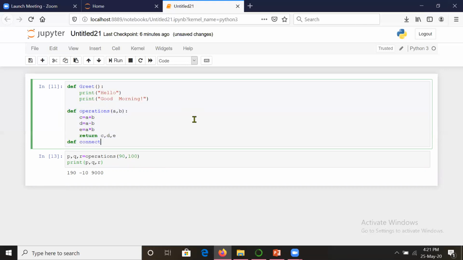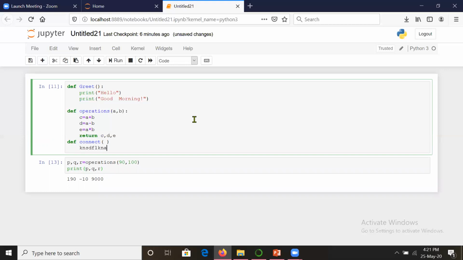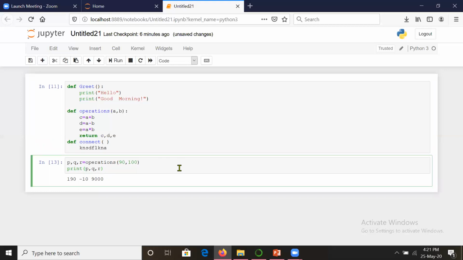Okay, and we know that many times we do database handling, and in the database handling we require many parameters, like the name of the server, the name of the database, the name of the database system which you are utilizing, whether Oracle, MySQL or SQL Server, the username and the password of the database. So many parameters we will require to send. And suppose we are writing such functions and we have written the code here. So such code will be utilized many times.